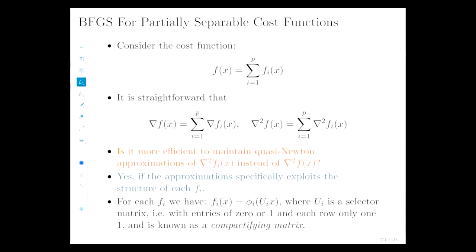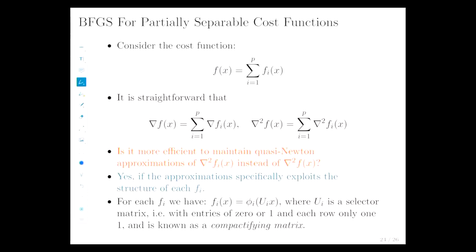But there is another family of problems that are very useful. I mean, BFGS can do interesting things with them: the partially separable cost functions. First observation is, if I have f that is a sum of a bunch of fi's, so these appear a lot in a lot of learning problems and least squares estimates. A lot of problems have that sort of thing, that we have the same set of decision variables, there are